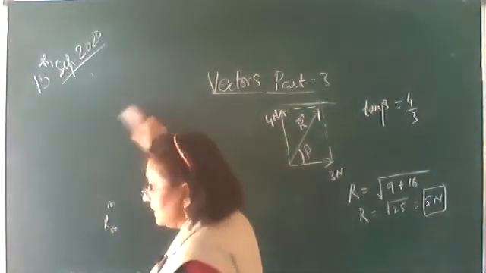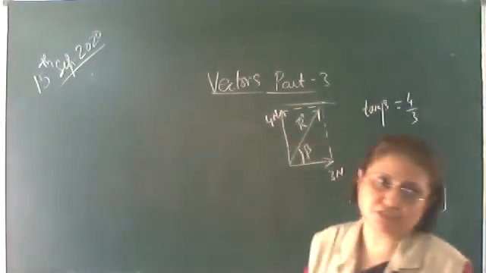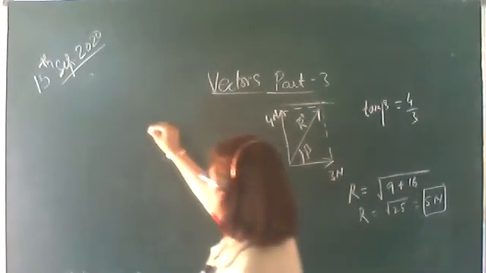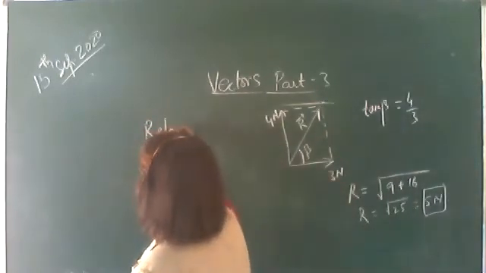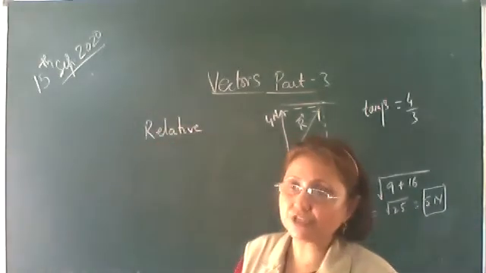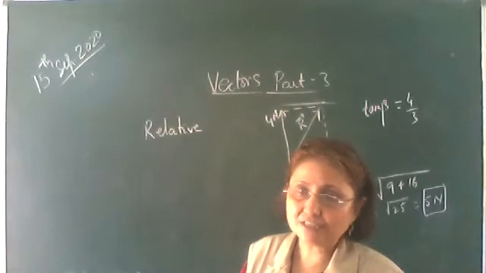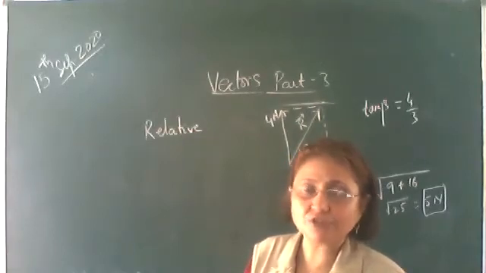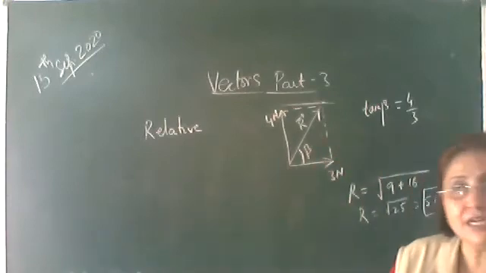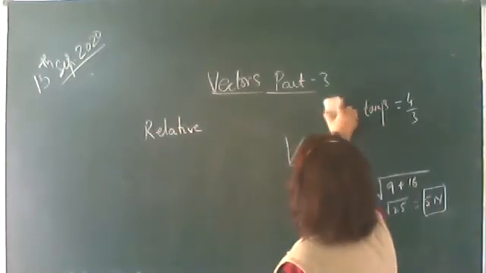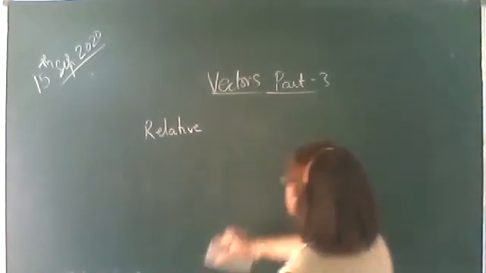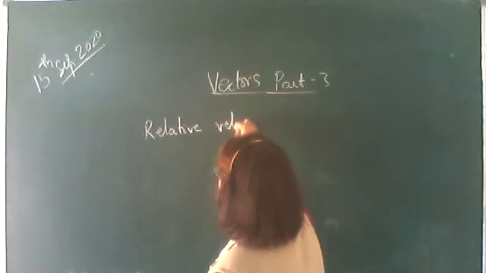Okay, next we'll study relative velocity in 2 dimensions. In the previous chapter, we have studied relative velocity in 1 dimension. That is, the two bodies were moving with different velocities but in the same direction. Okay, now here they will be moving in different directions. So relative velocity, now here we'll discuss in 2D, 2 dimensions. That is, the bodies are moving in a plane.